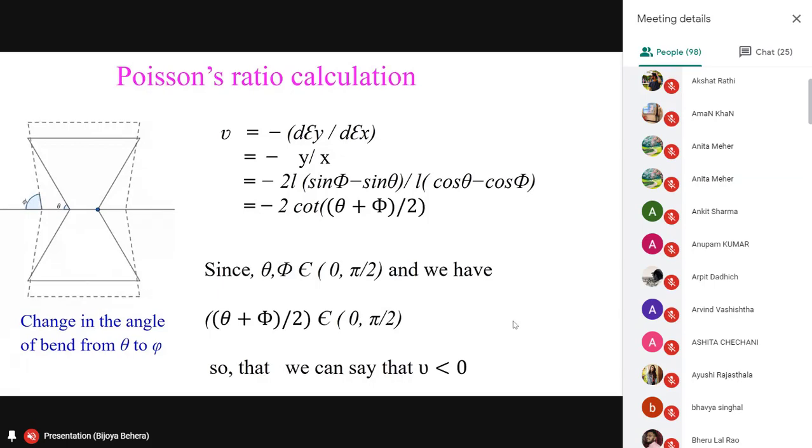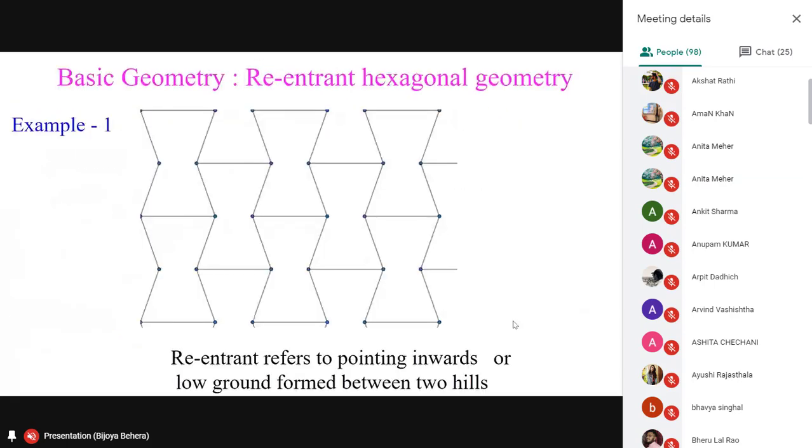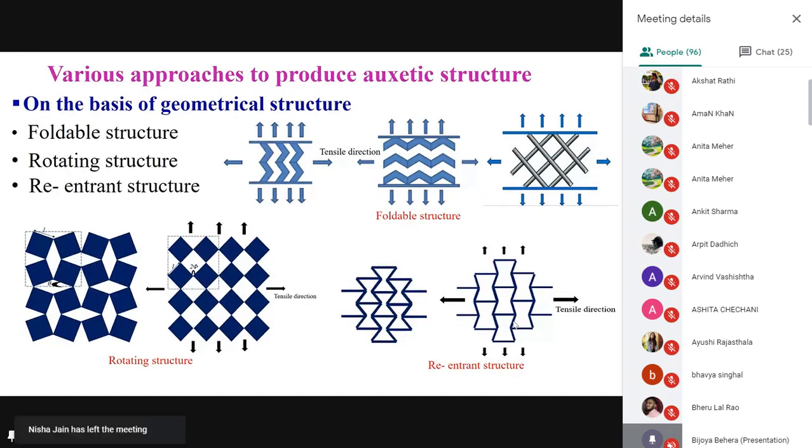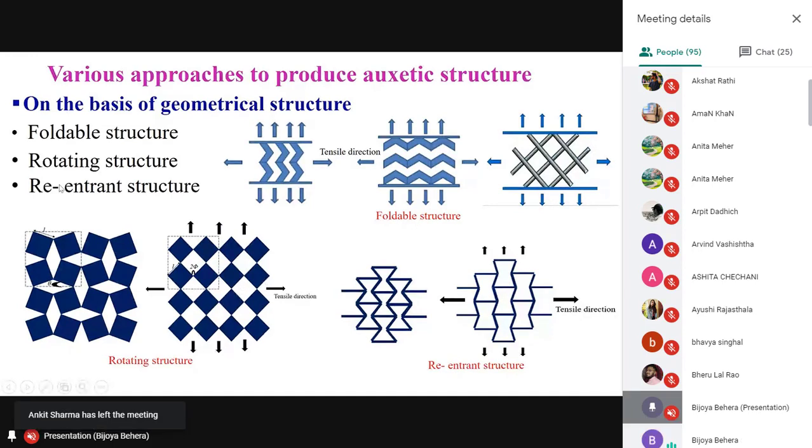That means these structures, what you have seen here, give a negative Poisson's ratio. So this is one of the established geometries which shows negative Poisson's ratio. The rest depends on us as weavers. Can we convert this geometry into a weave design? Then can we weave this weave design into fabric by drawing a proper draft and take plan? That's our job.